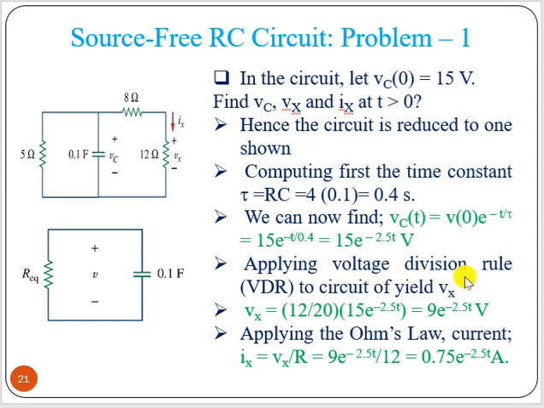Now we can apply the voltage division rule to find Vx. This is the voltage here, V(t). What is Vx? We take V into the same branch resistance 12 divided by the total branch resistance 12 plus 8, that is 20. Here these two are in parallel, so both have the same voltage drop. So we get Vx, and we can find the current Ix through this resistance just by dividing the voltage by 12. So Vx divided by R gives the value of Ix.